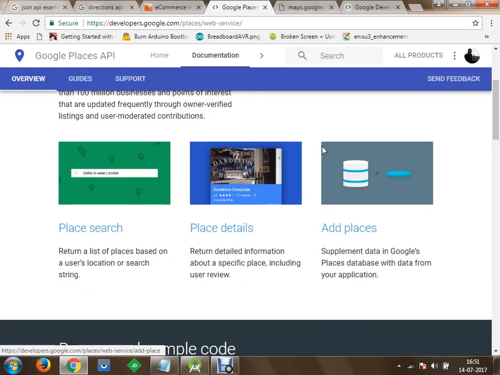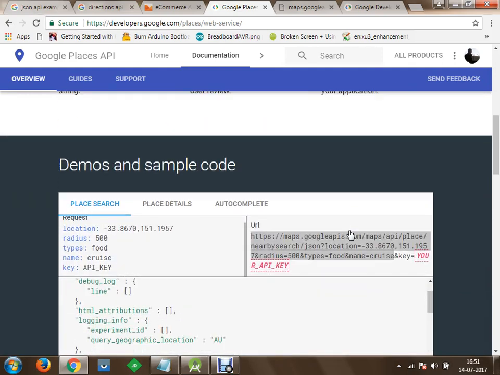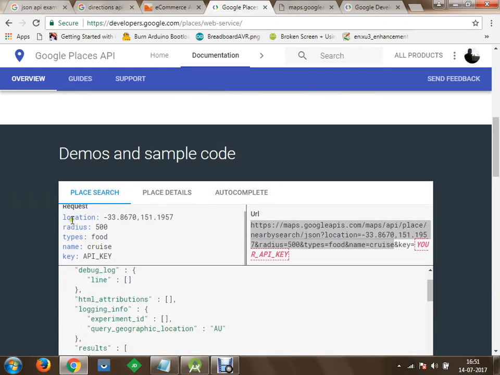Now you can search a place, you can get the details of that place, and you can add places as well. These three things you can quickly perform with Places API. As we proceed further, you have to specify such information to the website. You have to specify location information, and a radius from that location till which you want to search for specific things. Then you can define the type which you are looking for.